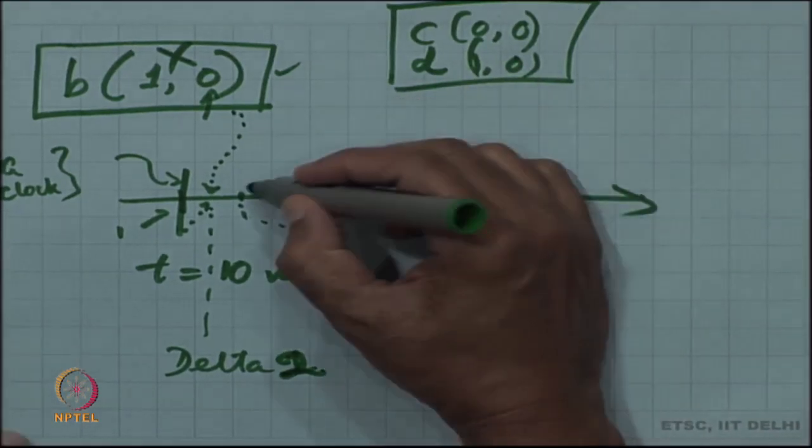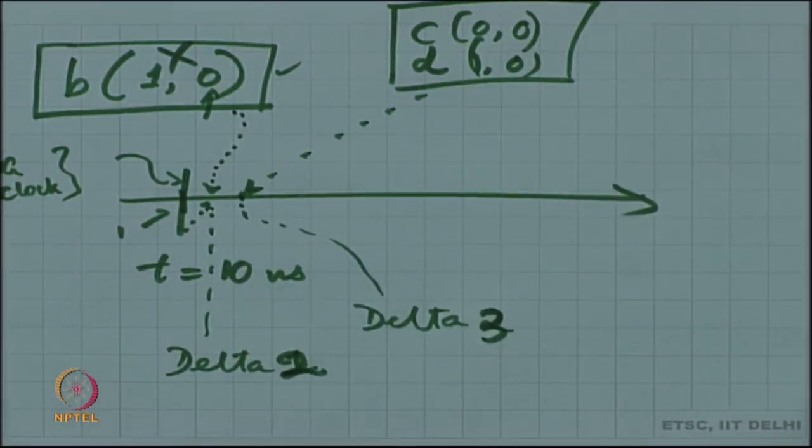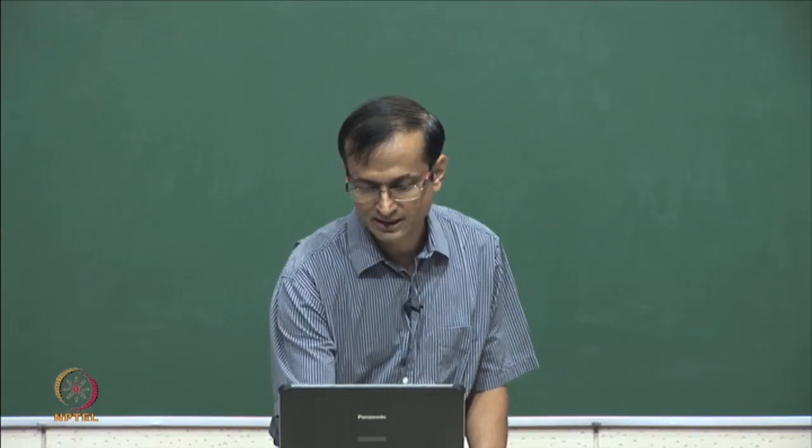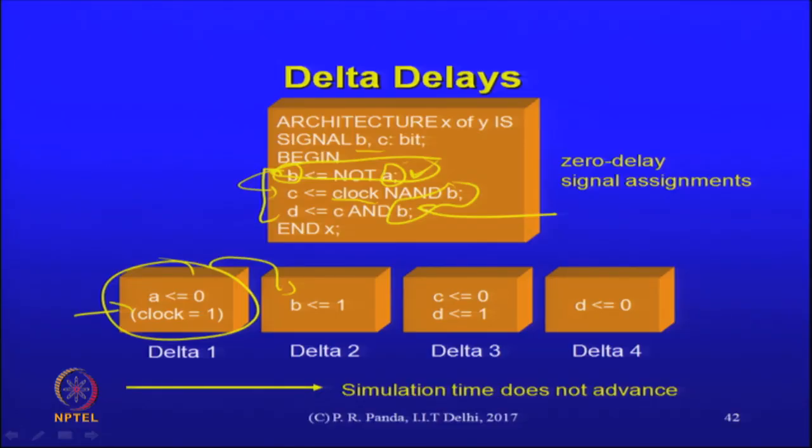So, at that third delta, both of those transactions are taken up for processing. So, they result in new events. New events may be created on C and D, and then what happens? It happens that the assignment to D actually has C on the right hand side. Now, since an event was created on C, that may result in a new transaction. The others are okay, B is sensitive to A, that is fine, C is sensitive to clock and B, that is fine, but because C changed, now I may need to change D, and therefore, what happens is a